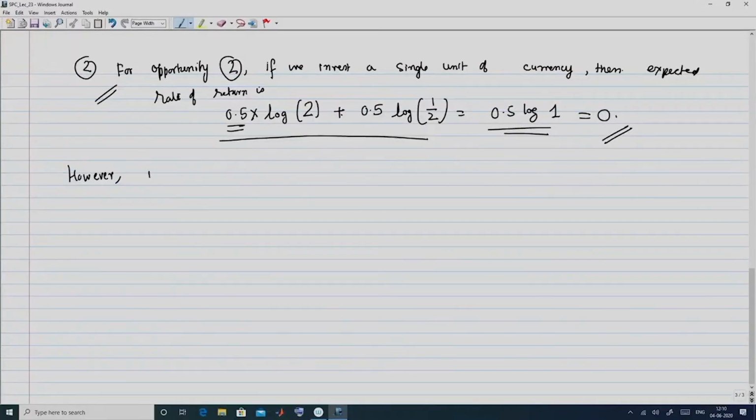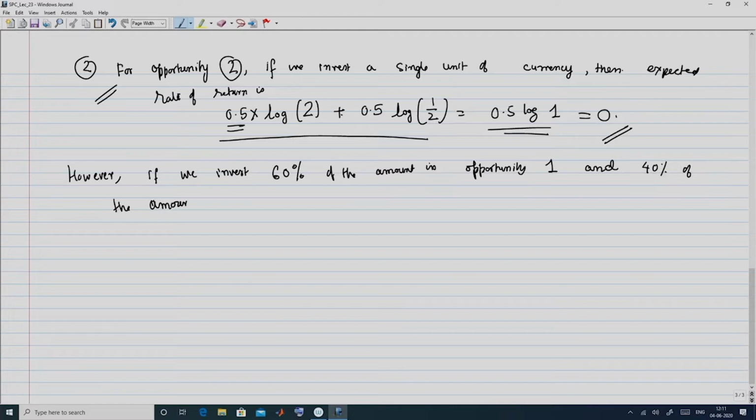So, let us see that if we invest 60%, that is weight 0.6 of the amount in opportunity 1, that means investing at 0% rate, and 40% of the amount in opportunity 2, then the expected rate of return is